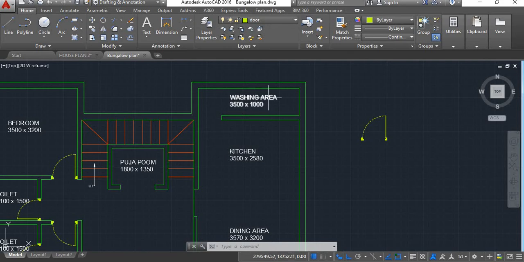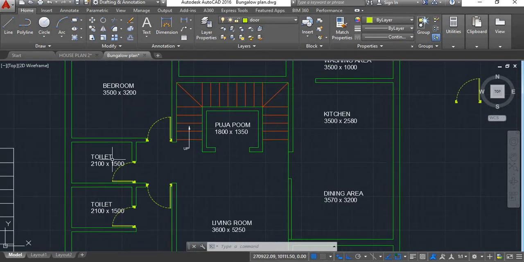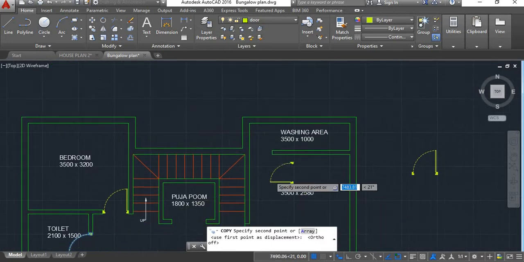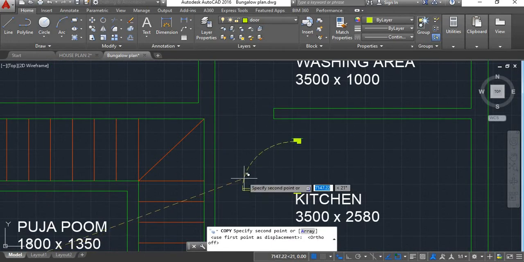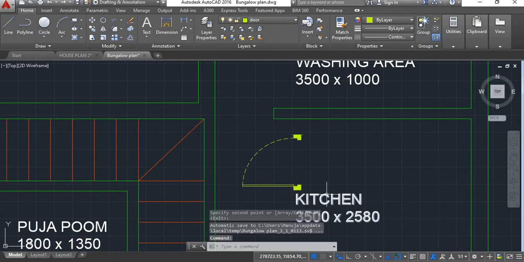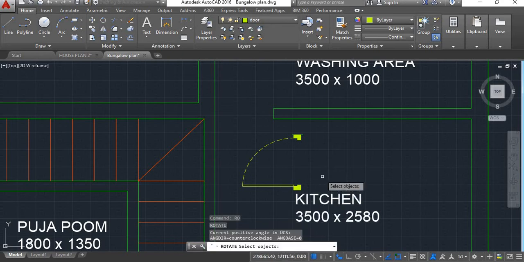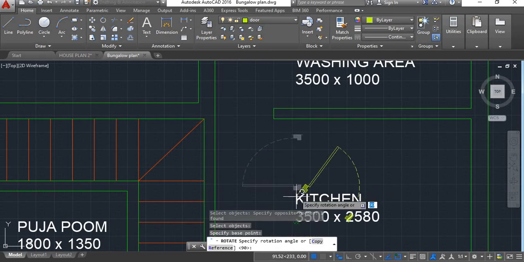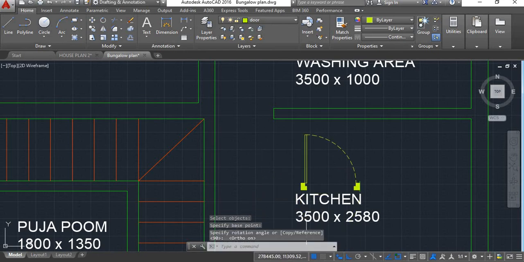Next is washing area. Here we'll provide this toilet doors only. So we'll copy this. Take rotate command. Now move this.